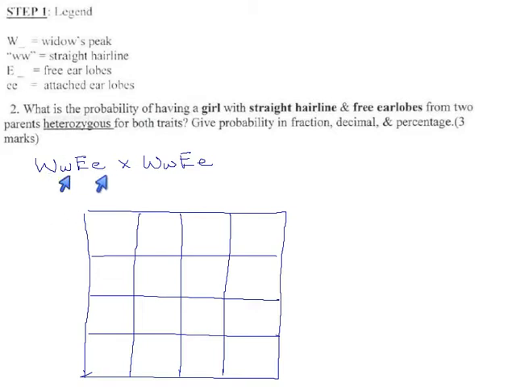We have to FOIL each parent to figure out what gametes they can produce, and because they're identical, I'll just do this once. F means first W and first E: big W, big E. Outside gives us big W, little e. Inside gives us little w, big E. And last gives us little w, little e. And from the other parent, we get the exact same result. Okay, and now when we cross these, we get,